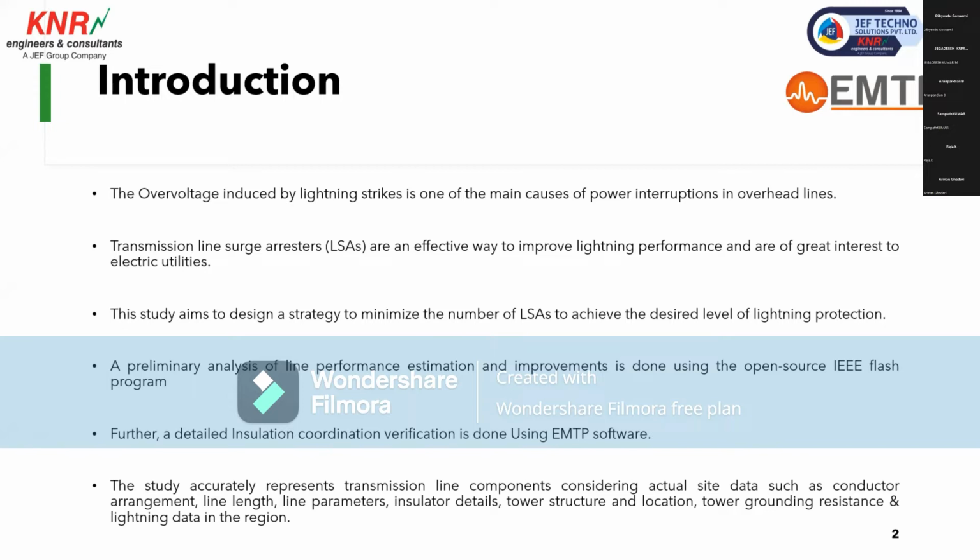In transmission lines, the inadvertent tripping of lines is mainly caused due to lightning strikes. So lightning strike is a basic problem which is causing unwanted trip outs. And there are various methods of mitigating these trip outs or reducing them to acceptable levels. Among the various methods, installation of line surge arrestor is an effective way of improving this lightning performance. And it is of great interest for many electrical utilities and even for researchers because it is almost compatible for